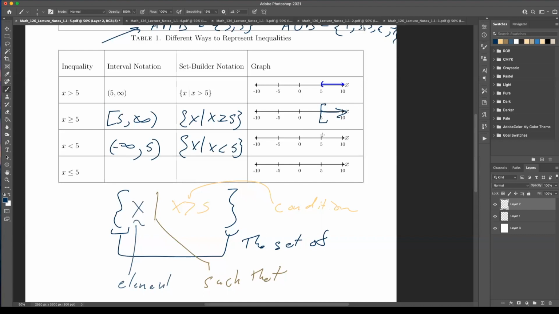Set builder notation, X less than 5. And here I'm going to show you the other notation. Here I can have an open circle and a line. And then we'll have X less than or equal to 5. We can have a closed circle. So here are the two options. You can pick whichever one you choose to: the parenthesis bracket option or the open circle, closed circle. I think you guys are more often taught this version, but I don't know. You might have a different experience. They now teach, oh, what's the new